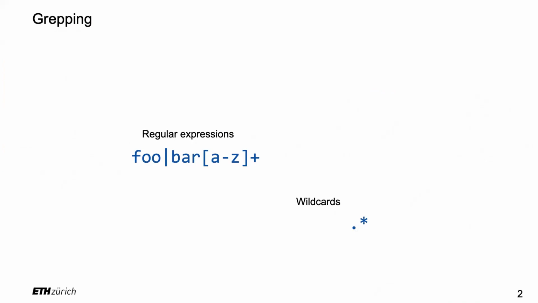Something that might come to mind, especially to computer scientists, is to use grep, right? Who knows grep? It's based on regular expressions, the ones you learn in theoretical computer science. It's a simpler form than context-free grammars, with this vertical bar for or, the Kleene star for zero or more, and the plus for one or more. Then the square brackets mean any letter between A and Z, and so on. So if you have a regular expression for what you're looking for, then you can use grep in order to find